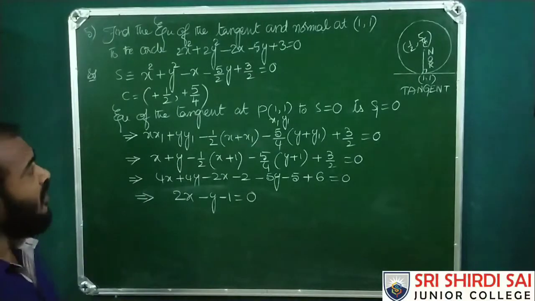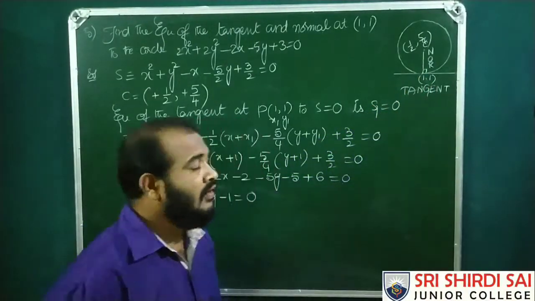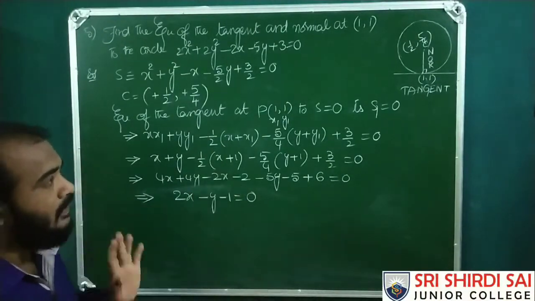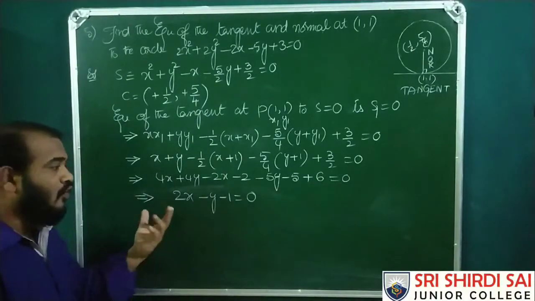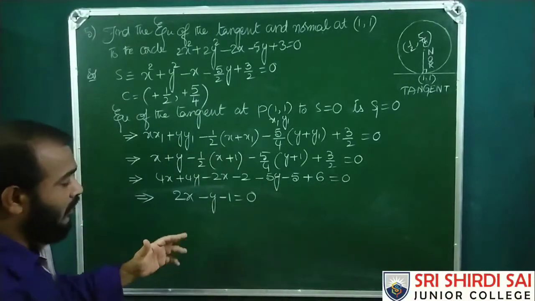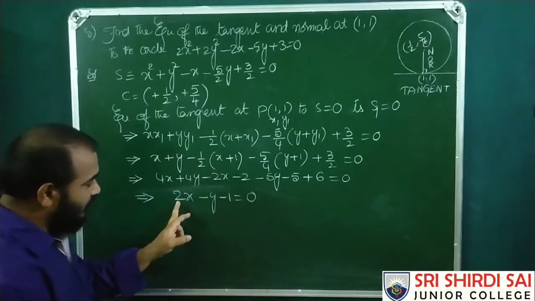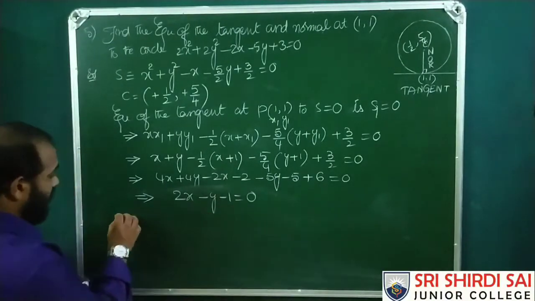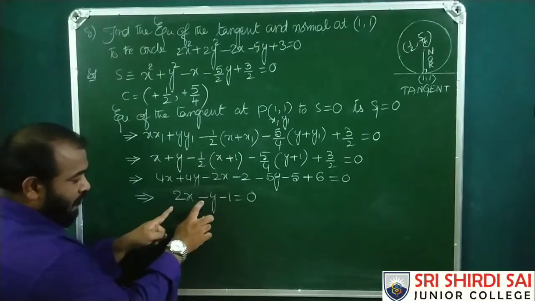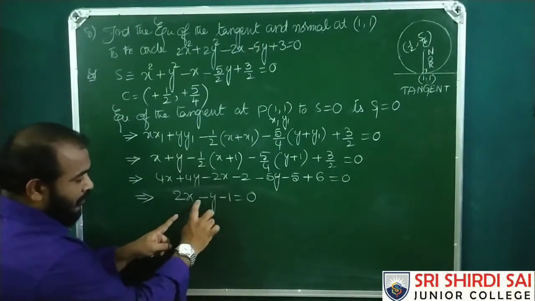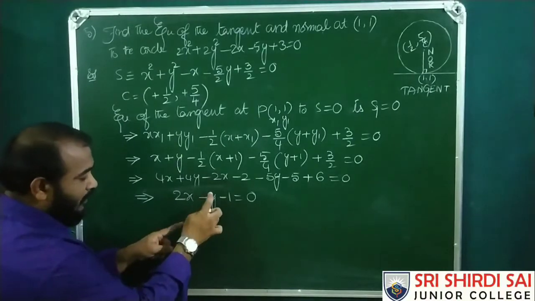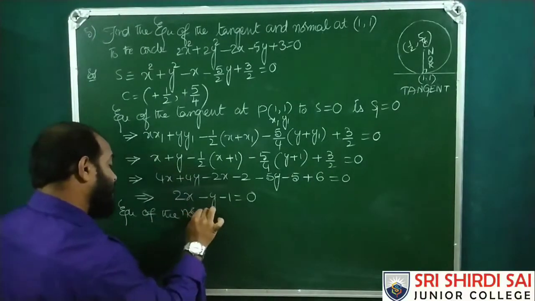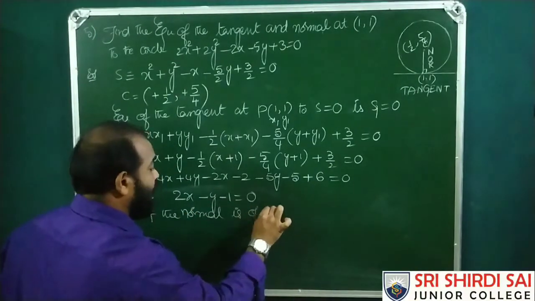And what is the equation of the normal at x1, y1? x minus x1 into y1 plus f minus y minus y1 into x1 plus g equals 0. Instead of using it, we have got a direct method, which we learned last year. If this is the line, what is the line perpendicular to this? The x coefficient 2 and y coefficient 1 are interchanged, and the minus symbol in between you have to replace it by plus. So the equation of the normal is of the form